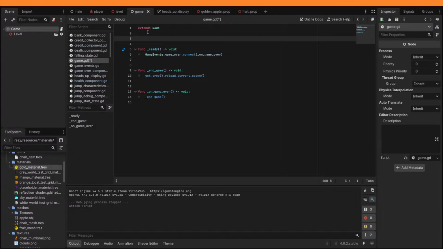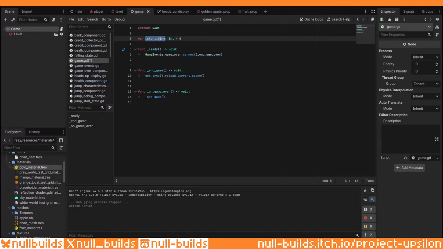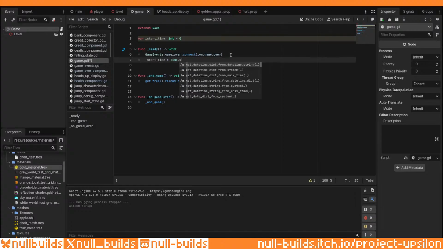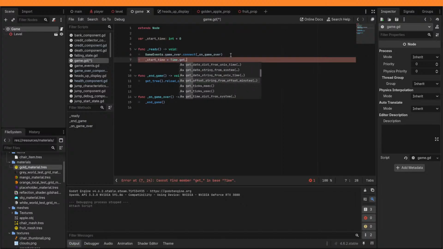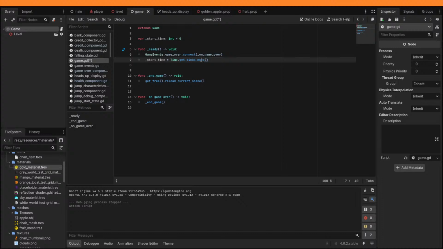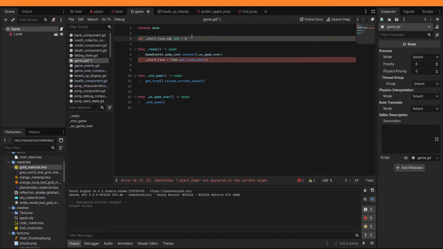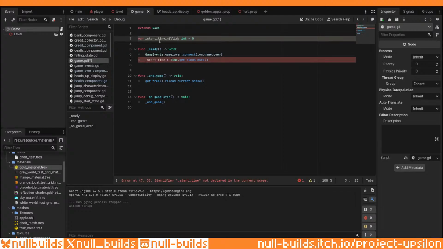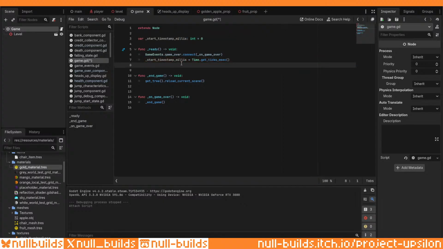So let me add something here. So var start_time: int = 0, and we'll do start_time equals Time.get_ticks_msec, microsecond. Really don't think I'm going to need anything more precise than this. Is millisecond, right? Not microsecond. Yeah. Start time and millis. There we go. And actually start_timestamp_millis. Okay, so then